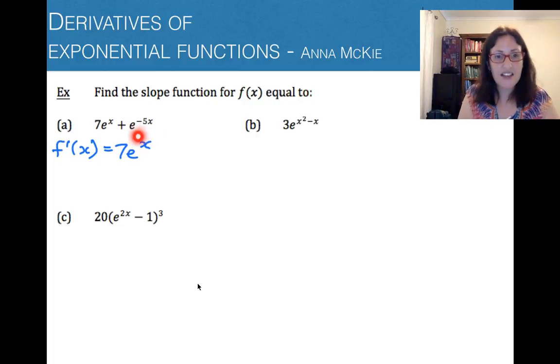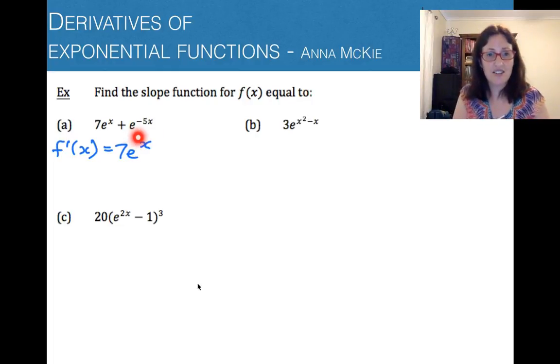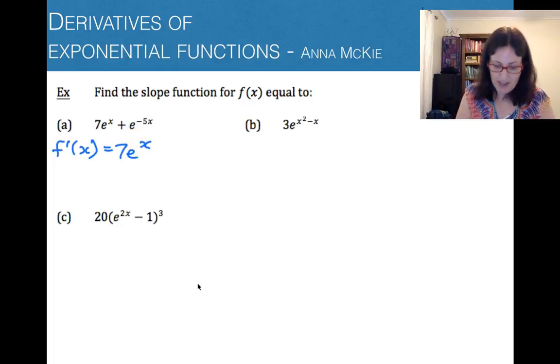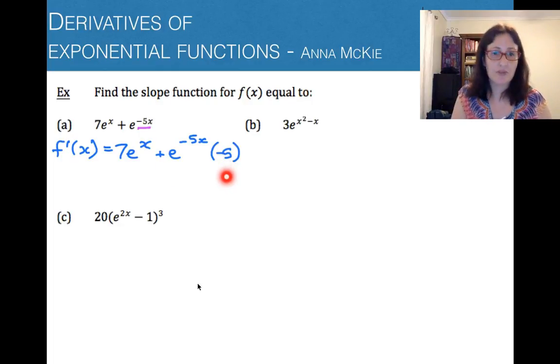The second part here, it's e to the power of a function. So we copy and paste what we see there, e to the power of negative 5x, and we differentiate the power. So if you're just thinking about that part there, negative 5x, the derivative of that is negative 5. And we can just leave it like that, don't have to simplify unless you're going on to use it further. The next one. So the derivative is,